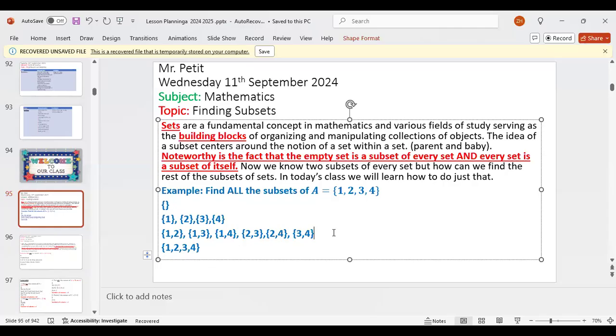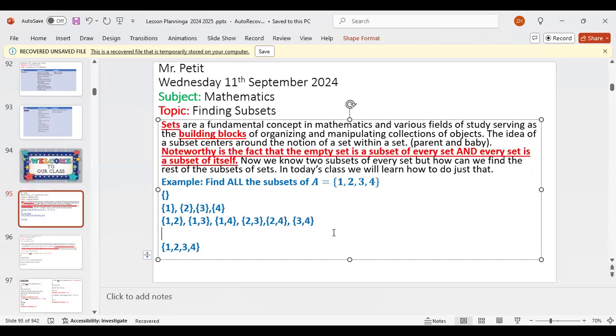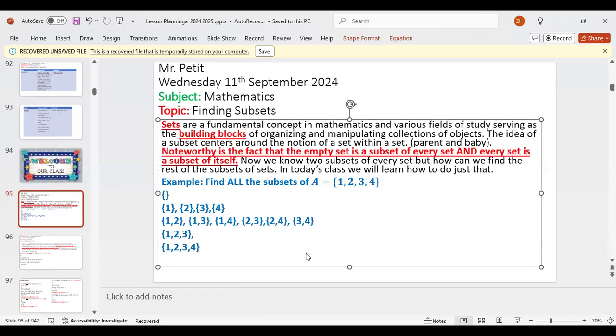And then the next row, we're gonna do what? What could we do? 1, 2, 3. What else we could do? 2, 3, 4. No, I want to stay with 1. Now I want to start off with 1. So let's do 1, 2, and 4.